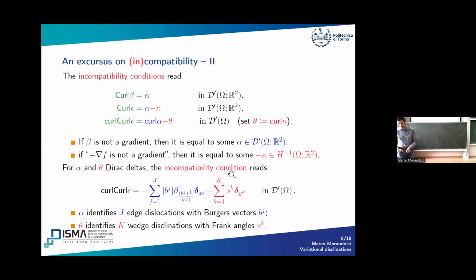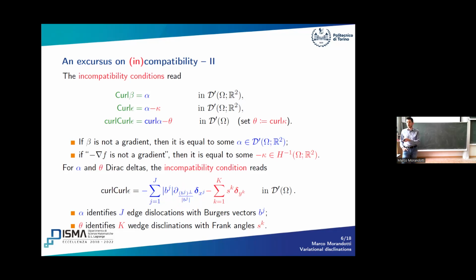What is important for me, and what was important for us to recover to create our result, is that whereas the measure of disclinations, sorry, the red one, the theta, appears as a sum of deltas, the measure of these dislocations appears through a directional derivative, in a way which has to be understood in the distributional setting. Still, there's a derivation relationship between dislocations and disclinations for them to contribute to the curl, to the incompatibility operator.